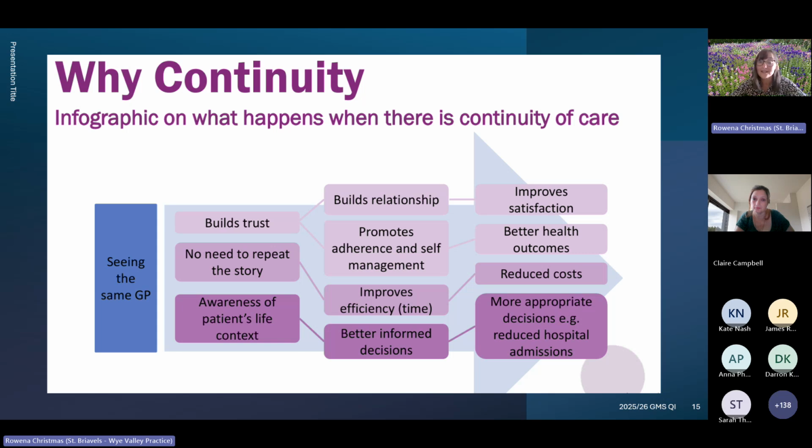And large-scale NHS data, looking at over 200,000 patients aged between 62 and 82, showed that if a patient saw their usual GP 2 more times per 10 visits, so it doesn't have to be absolutely every visit, hospital admissions for ambulatory care sensitive conditions fell by 6%. So that's really a proxy for better managed minor issues like exacerbations of UTIs or other chronic diseases before they escalate. Also, really important to consider the clinician benefits.